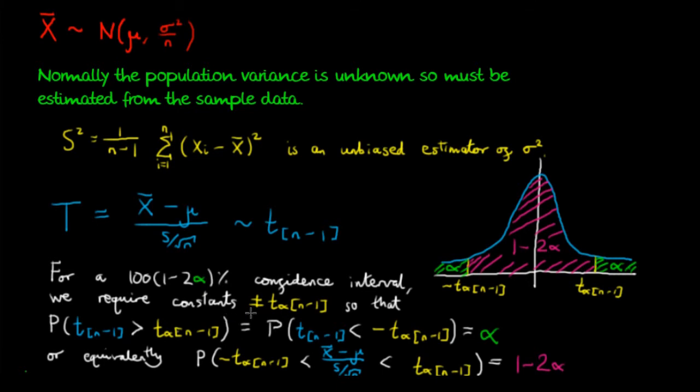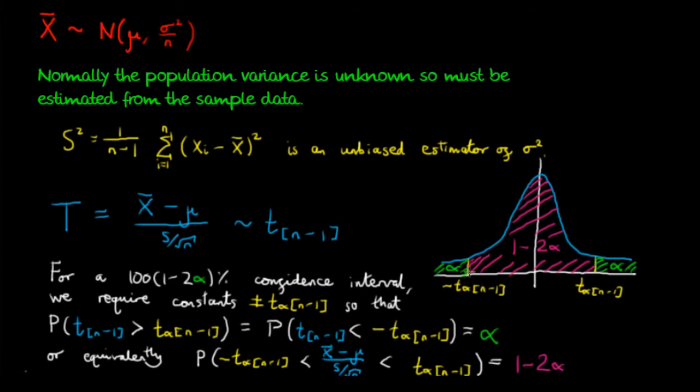We're going to look for constants, let's call them plus or minus T alpha n minus 1, so that the probability of this distribution, so T n minus 1 here is a statistical distribution, the probability of that distribution being bigger than our constant should be alpha. And similarly, by symmetry, the probability of our distribution taking a value less than minus that value should also be